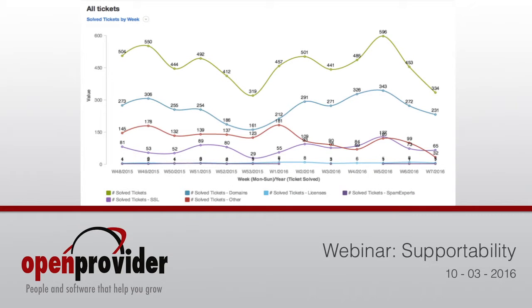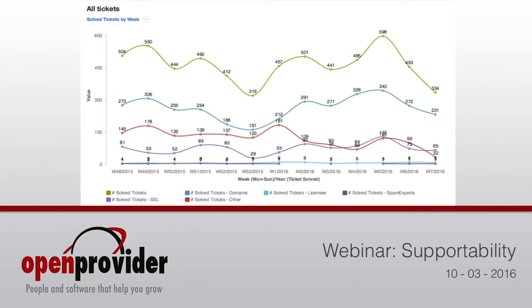As I said before, one of the rocks for this quarter is to reduce the load of the support team. With this tool, we can check every week how many tickets we received, and we can see the amount of questions that we received per product. It is also possible to filter per reseller.